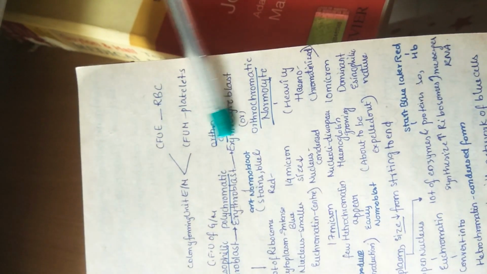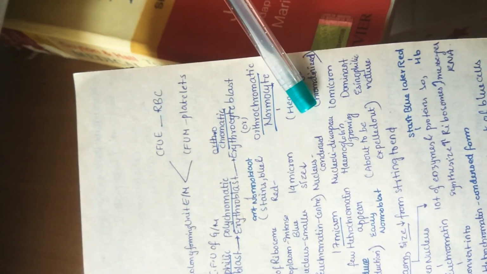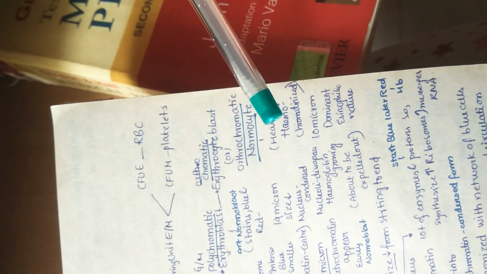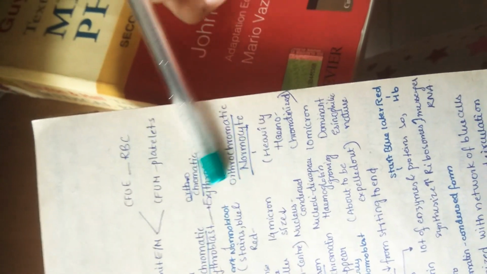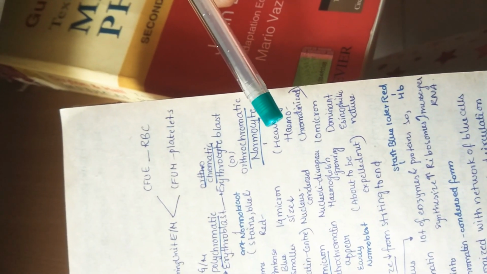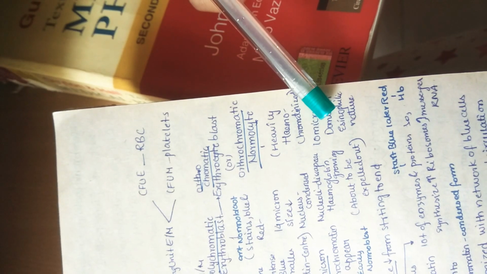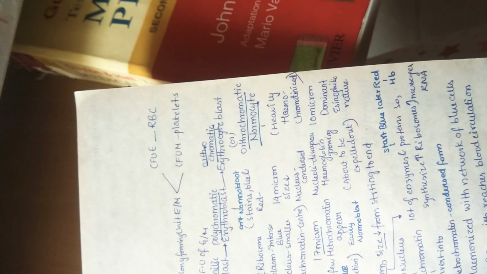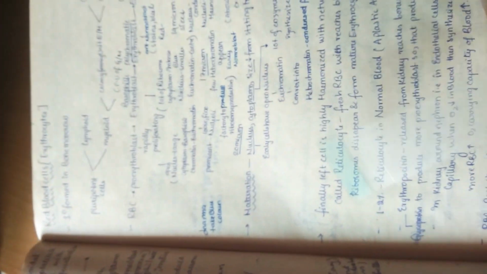Now the final one is the orthochromatic erythroblast. This orthochromatic erythroblast is also called orthochromatic normocyte, because it's a normal cell. It is heavily hemoglobinized. So you can understand the color. The orthochromatic erythroblast will for sure be a complete red color when compared with blue color, and it is 10 microns. So you can see from 20 microns the cell has now come to 10 microns, and mainly it is dominant in eosinophilic nature. Being dominantly eosinophilic, this appears more red in color when compared with all these structures.